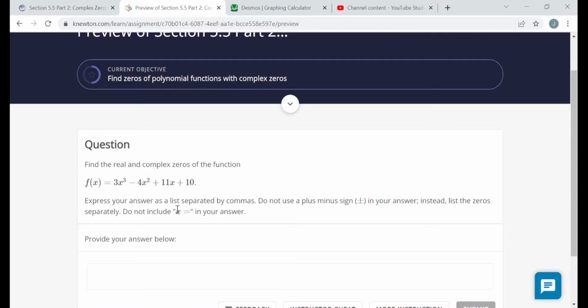And it says express your answer as a list separated by commas. No plus or minus signs, right? Separate them. And don't put the x equals, right? Just write the numbers separated by commas. All right, so I'll write this out. Now here,